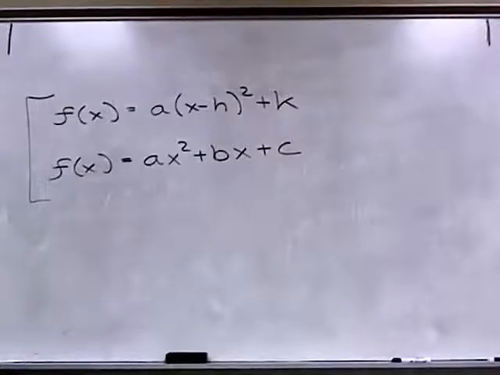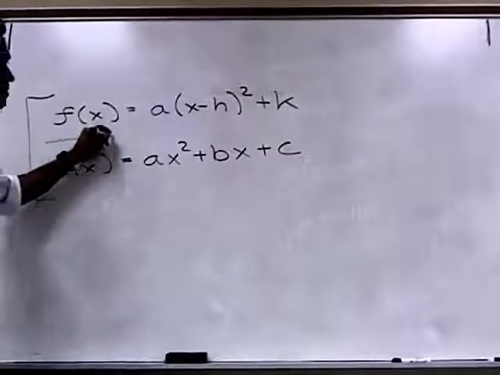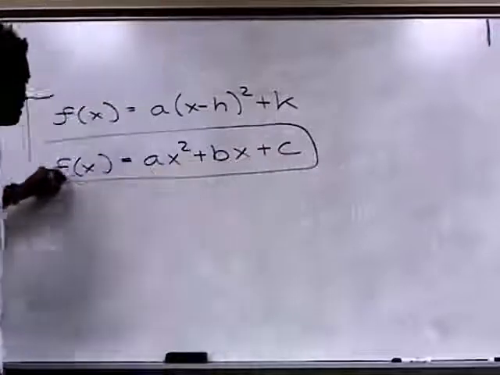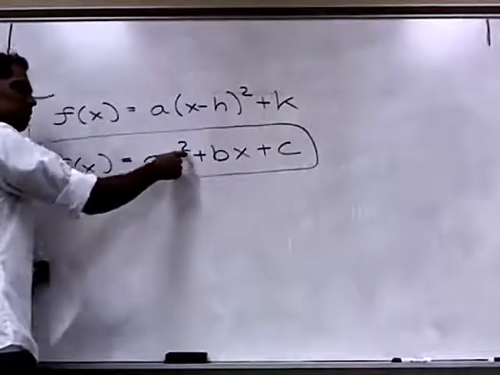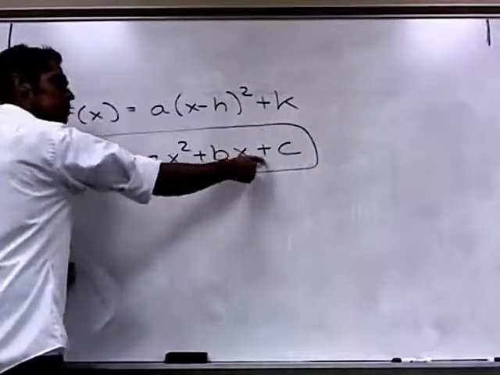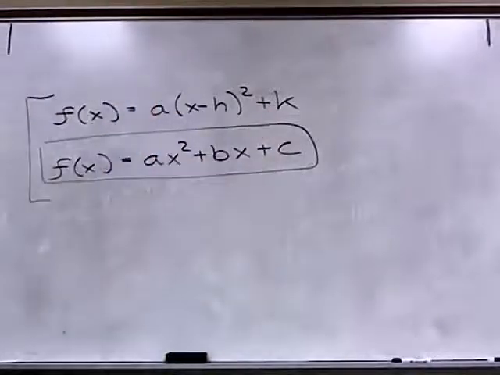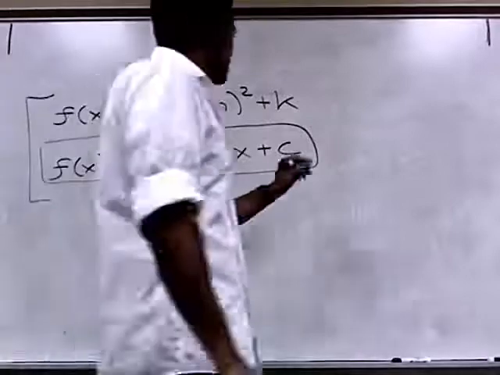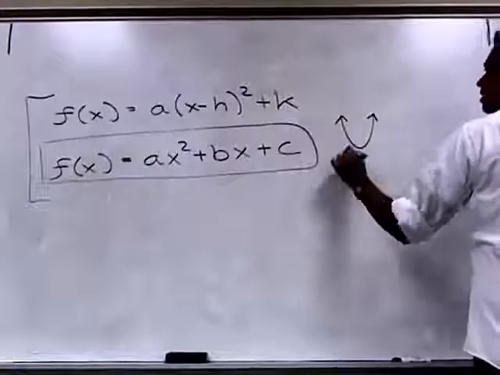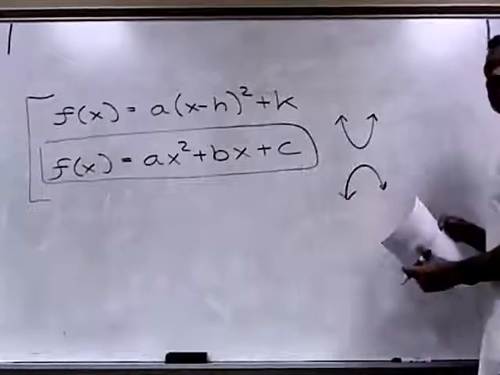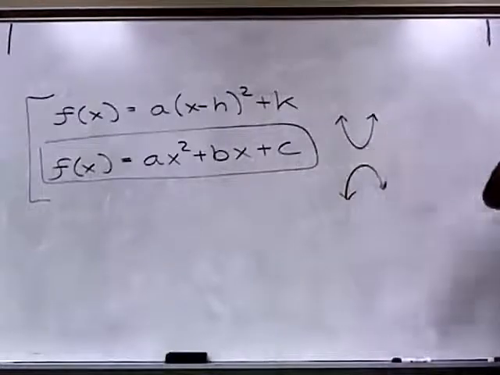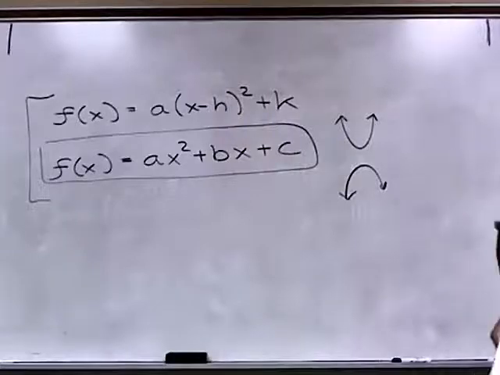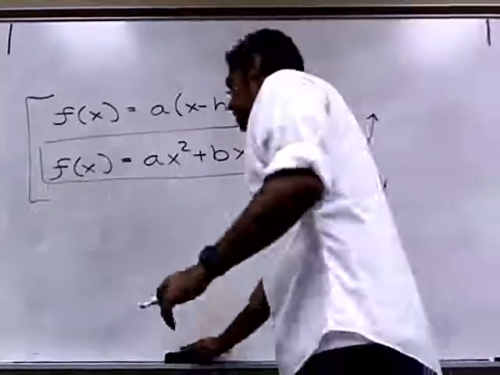This one right here is the one I want you to focus your attention on. If you have a function where you have a number in front of the variable squared plus a number in front of the variable plus a number by itself, that is a quadratic. And therefore, it has to look like one of two things. It has to look like this, or it has to look like this, right? Both of these actually do, but remember, this turns into one of those graphs. All right, now, with that in mind,